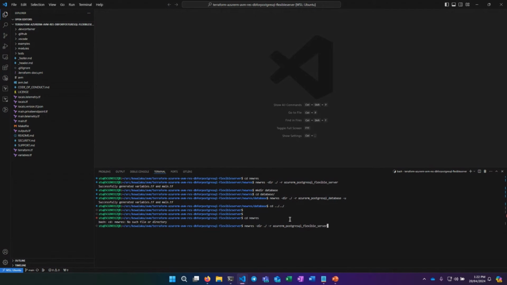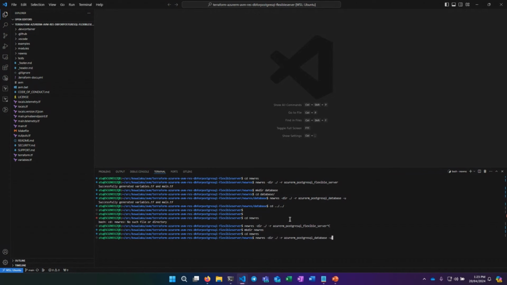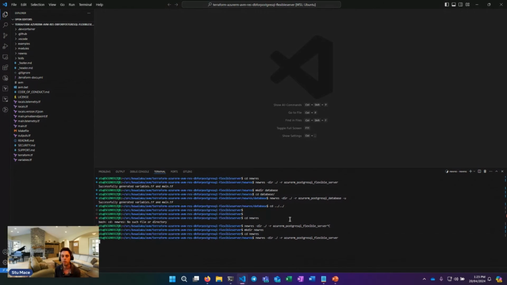Oops, let's try that again. What NewRes does for you is it reads the AzureRM schema and helps write the main and variable file. So hopefully, if the demo gods are smiling, in a minute it will come back and say I've made a main and a variable file for us.